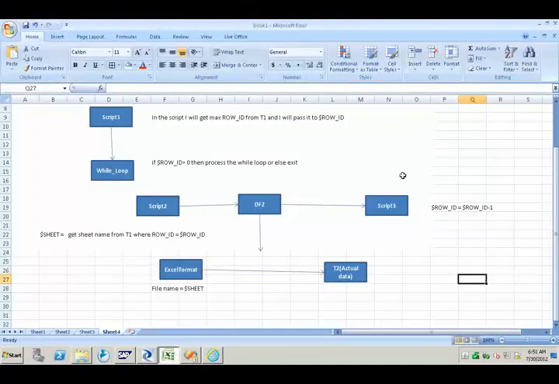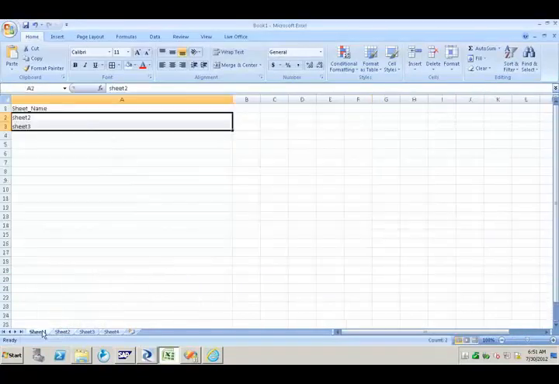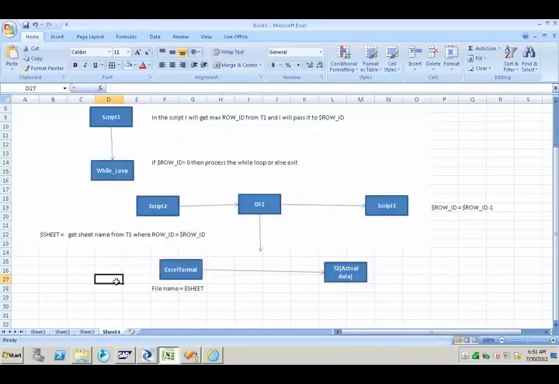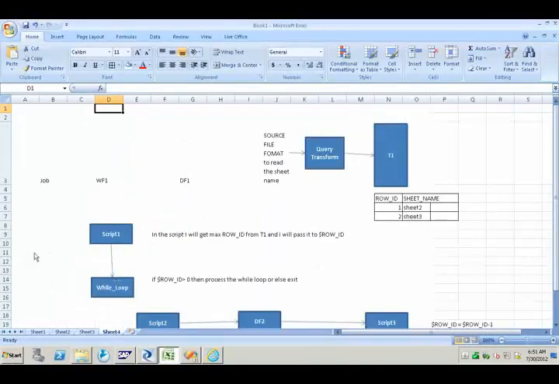Now, let us go back. So our requirement is to process multiple sheets at a time. For that, the prerequisite is that in one of the sheets we should have the sheet names where the actual data exists. Then our design of the job will be like this, where the job is going to have a workflow number 1, which is going to have a data flow number 1. That data flow number 1 is going to have an Excel format to read this sheet 1 information, which is getting populated into the T1 table, where the T1 table structure is going to have a row_id, sheet_name. Clear?